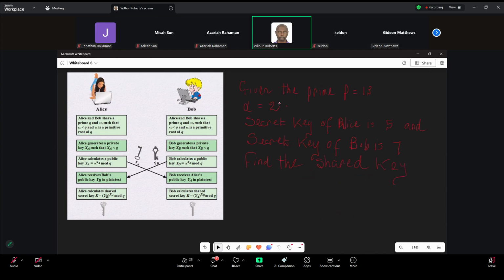So part of this problem is to show that 2 is a primitive root of 13, but we wouldn't do that, right? So